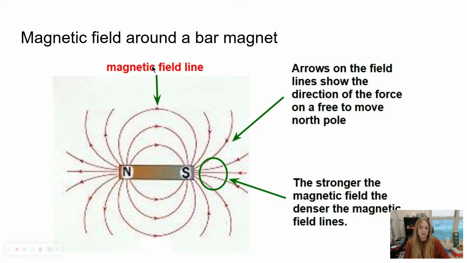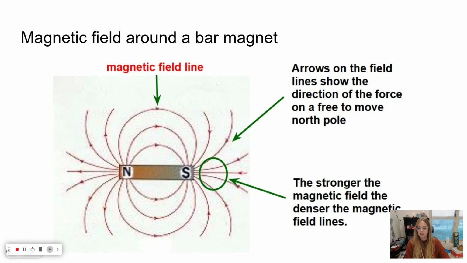The magnetic field around a bar magnet, the arrows show the field lines and the direction that it moves. So you can see it moves out from the north and wraps around and goes into the south. And you can see here, the stronger the magnetic field, the more lines you'll have. But that is why, if I come back,